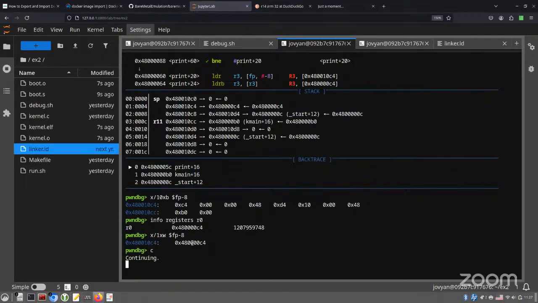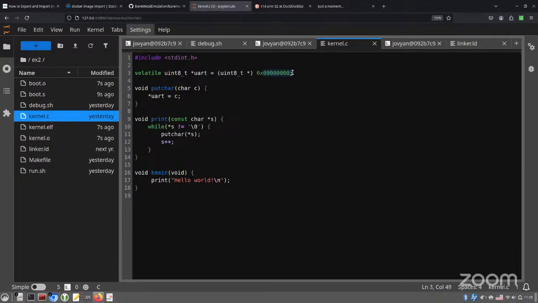Any idea why? Yes. You mean the PL011? Yeah, not the same address. So what he said is our serial port, our peripheral, is also at a different memory location. The memory location we try to write to in kernel.c, which worked in our virt machine, now doesn't work in our